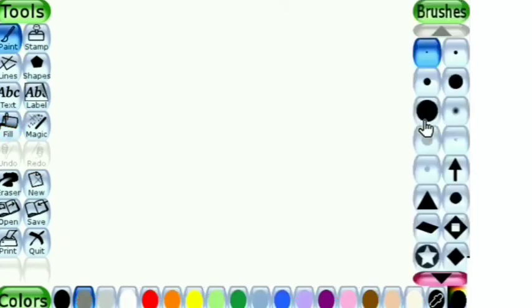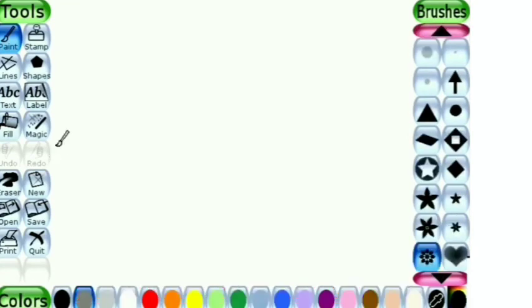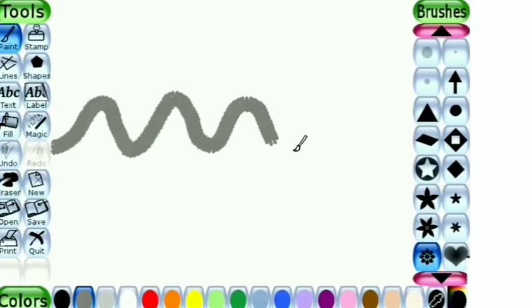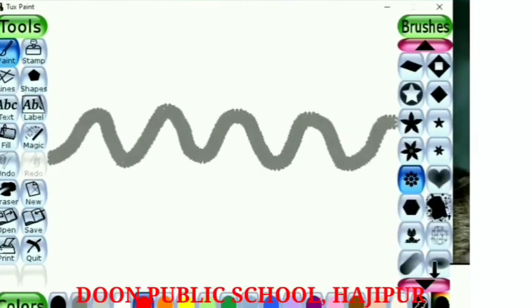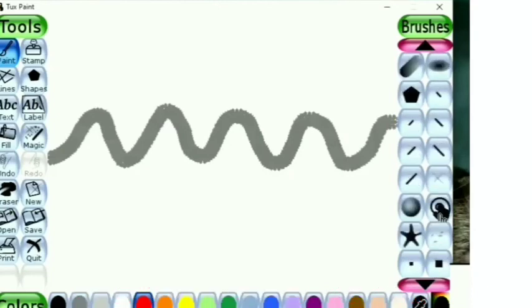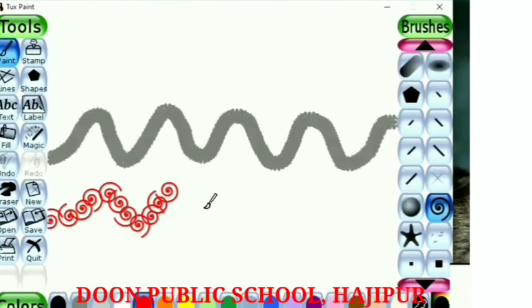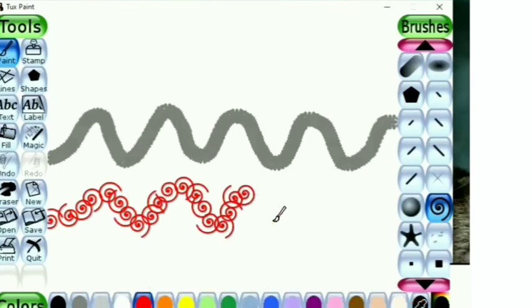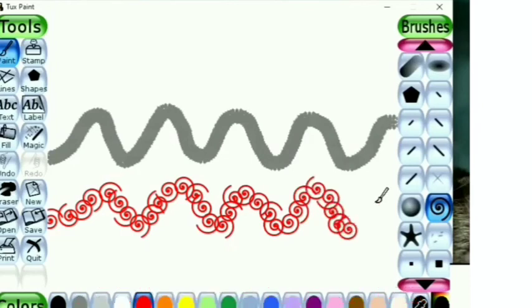Our new drawing. Let's click on the paint button and see, here we have so many patterns using which we can paint this sheet. So let's take this pattern. Here when we use the paint tool, you can see the color we have chosen is grey. So grey color pattern is being drawn. Okay. So paint, suppose I take the red color and I take this pattern. Then using this pattern we can draw using the mouse. You have to hold the left mouse button and drag the mouse.